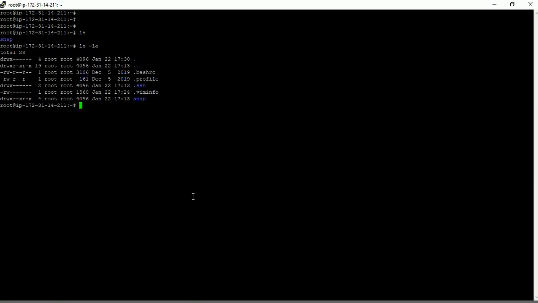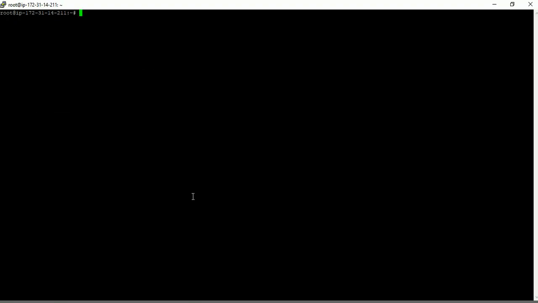So this is my Linux. I have taken Ubuntu Linux. This is AWS EC2 Linux. So first we have to create one shell script. Whatever shell script you require, you can create. So I'm going to create one shell script. To create the shell script, type vi, give any name, like I'm giving script.sh, and here type your shell script. I'm giving a basic shell script.